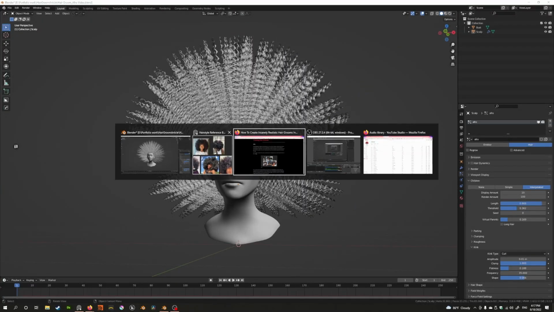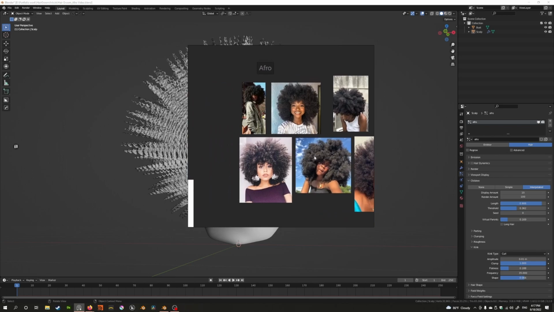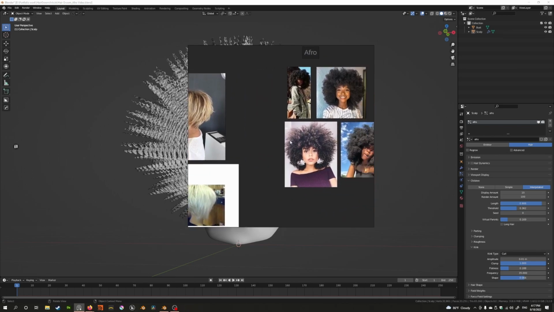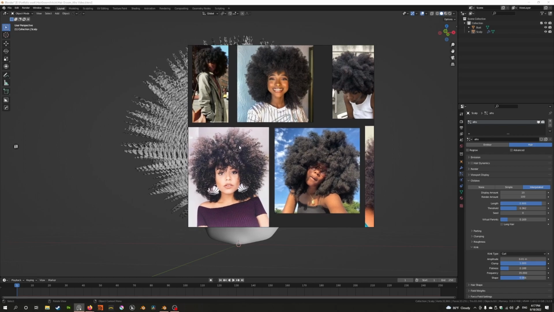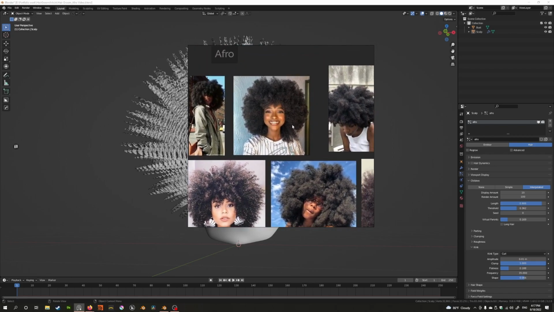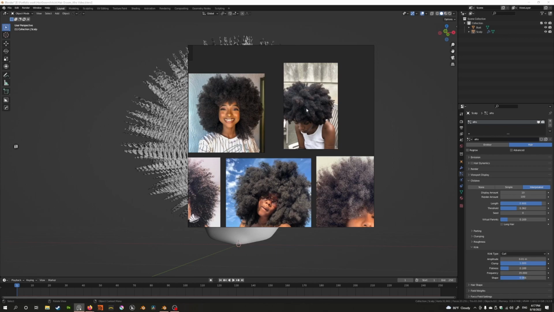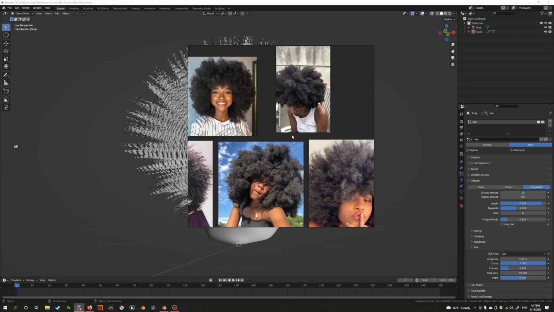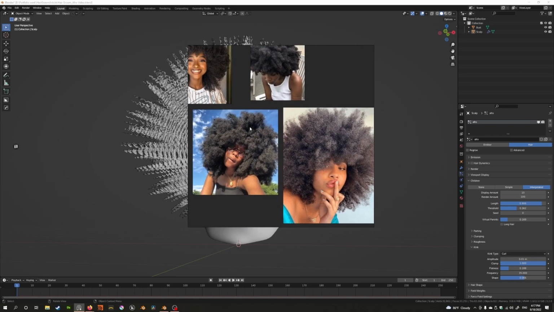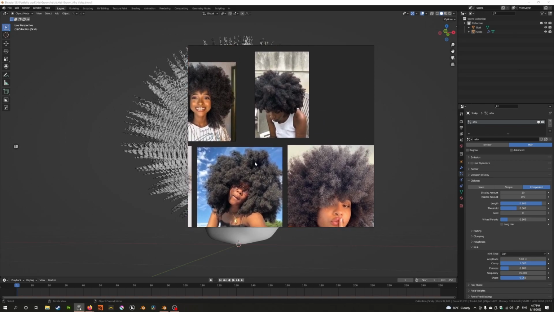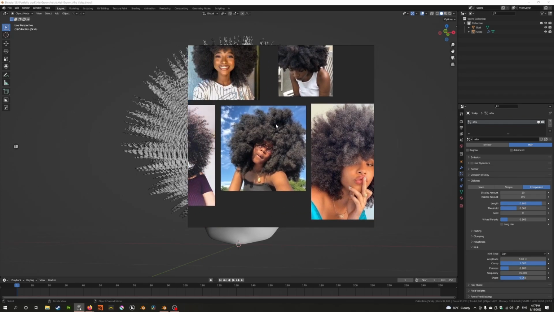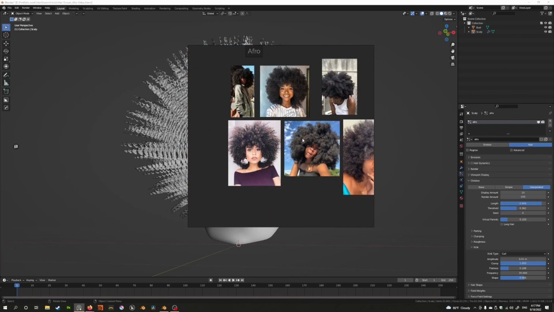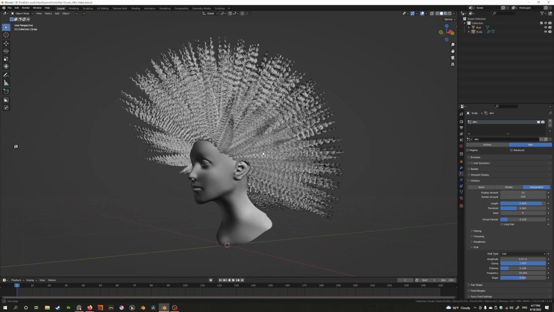Let's look at our reference one last time. Over here I can see now that this is an interesting shape. You have quite a lot of hair, that's true, but we also have some variation in heights of the hair in different regions. If you really look at this hairstyle, you might have larger, taller clumps or regions which are a little bit longer here, but then shorter in these areas. And we can adjust this by using